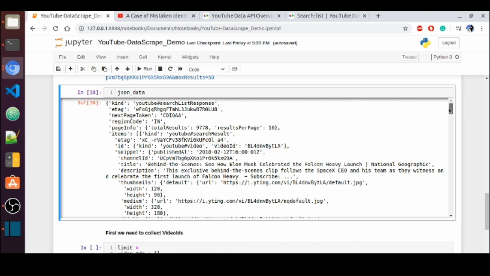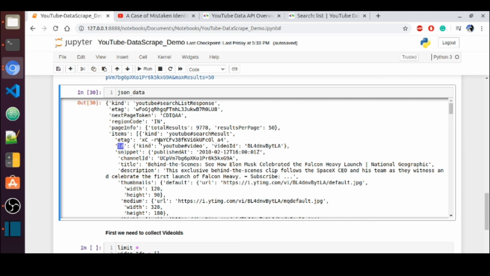I am only interested in the video ID. In items, there is a list of dictionaries, and each dictionary is associated with each video. In the first dictionary, you can see the ID key and its value.